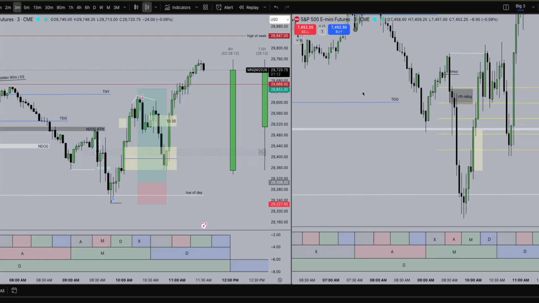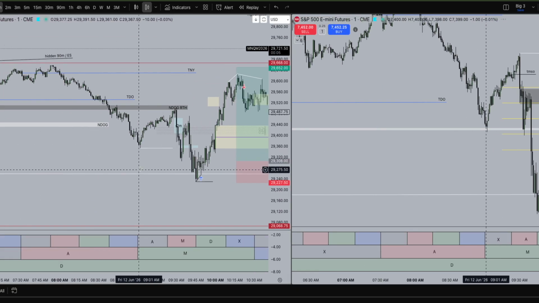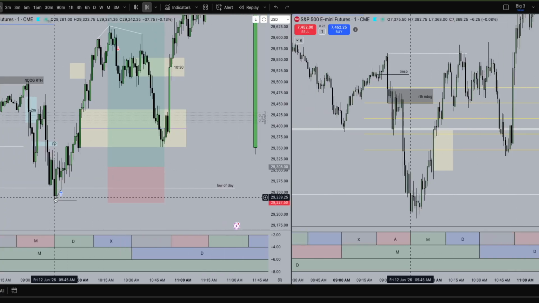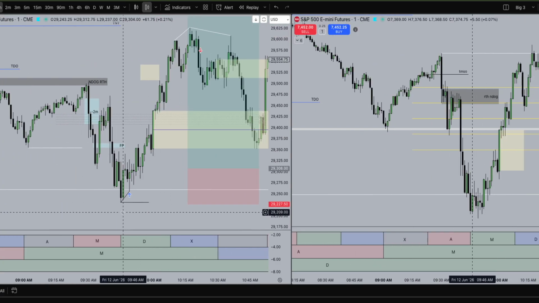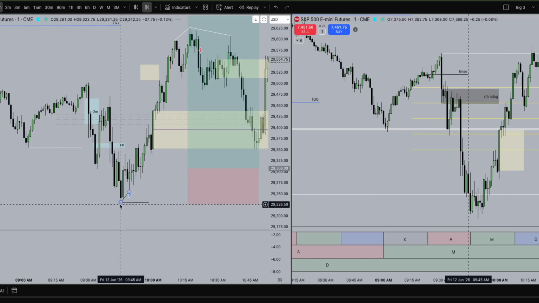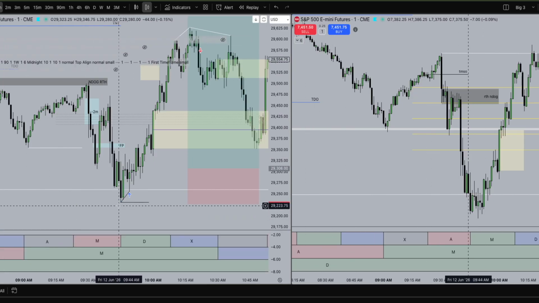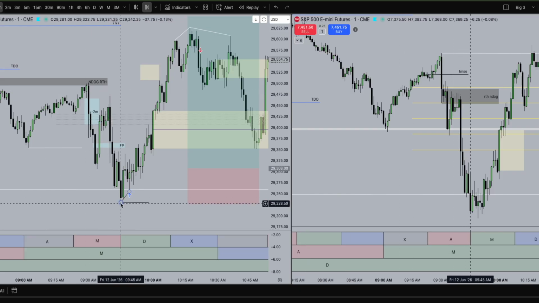Today is a Friday, and I ended up taking a 1 to 3 using mainly cycle alignment and two Kraken correlations. We didn't have a 90 minute, so I used this microcycle, and I got this question: is it a valid microcycle? What just happened? So is this a valid microcycle if the low is on the border between M and D, and our low